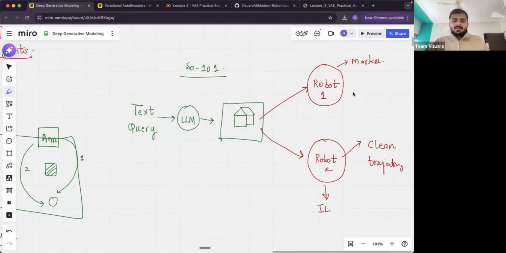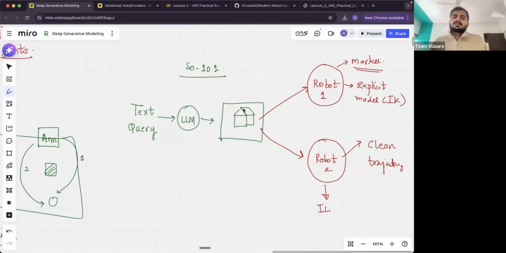Now, the reason I am showing you this example is that this is one perfect example where you see both classical robotics explicit models and implicit models working together in tandem. So this robot 1 was an explicit model where they used inverse kinematics